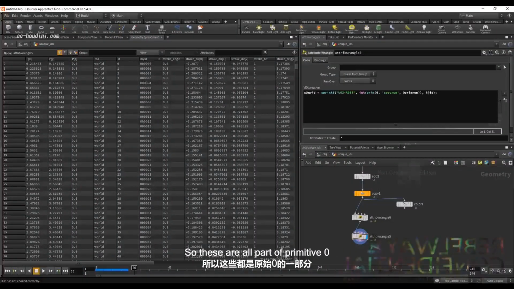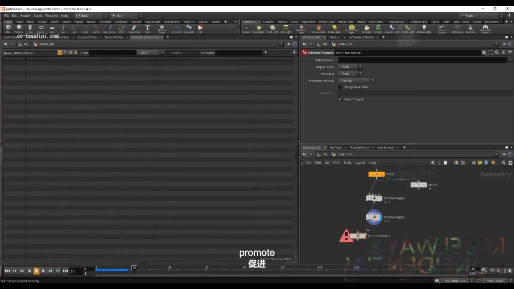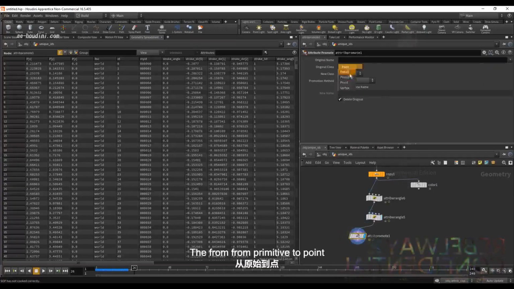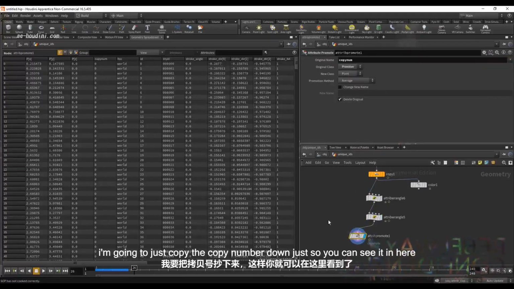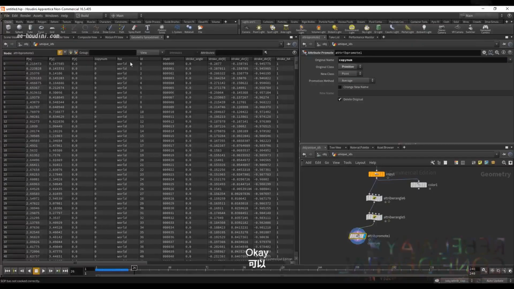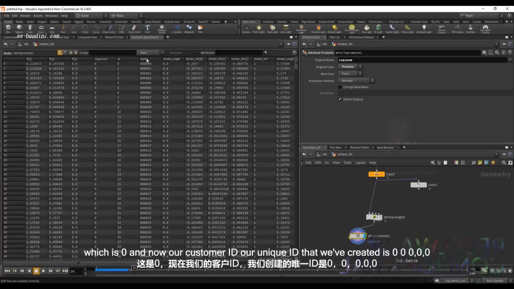So these are all part of primitive 0. And actually, to prove that, I'm going to quickly attribute promote from primitive to point. I'm going to copy the copy number down, just so you can see it in here. Okay, so there we've got our copy number, which is 0. Let me just get rid of this world thing. Okay, so we got our copy number, which is 0, we got our ID, which is 0, and now our